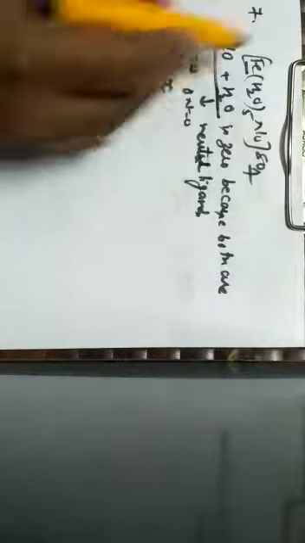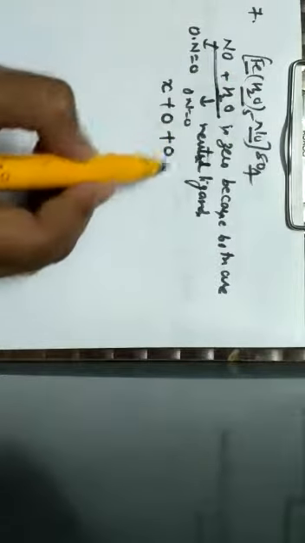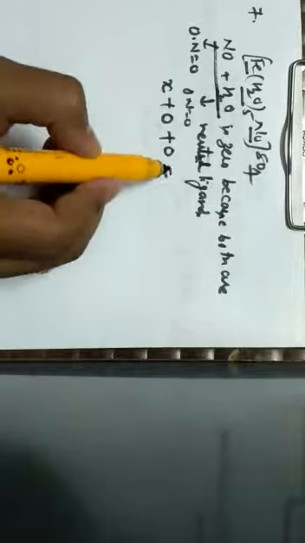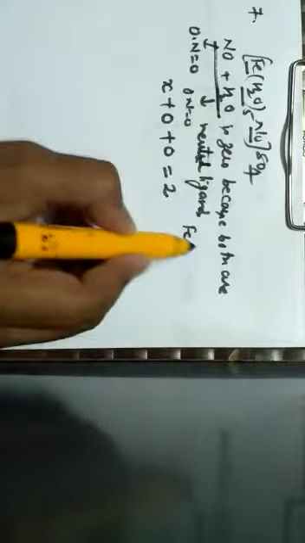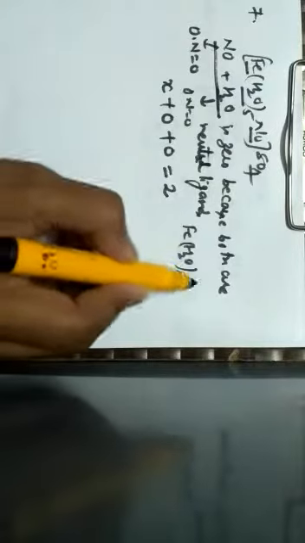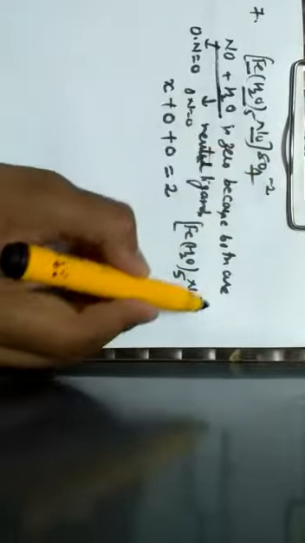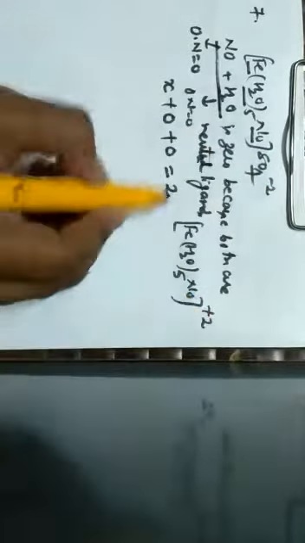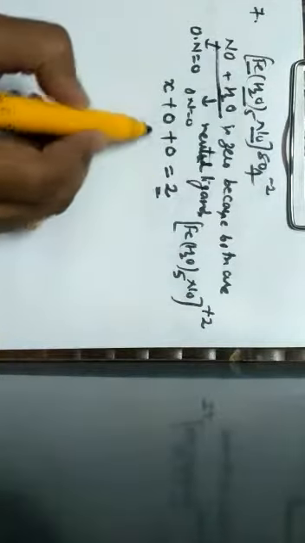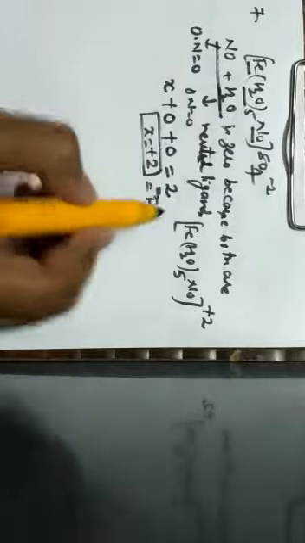Therefore, iron we have to calculate, I'll take it as X. Water is a neutral ligand, hence its oxidation number is 0. Nitric oxide is also a neutral ligand, hence its oxidation number is 0, which is equated to what? Equated to 2, because this can be represented as [Fe(H2O)5NO]SO4. So sulfate has a valency of -2. Hence the charge of this complex will be +2, that can be equated to 2. Therefore, the value of X is how much? +2. +2 is the oxidation state of what? Iron, which is given by the option B.